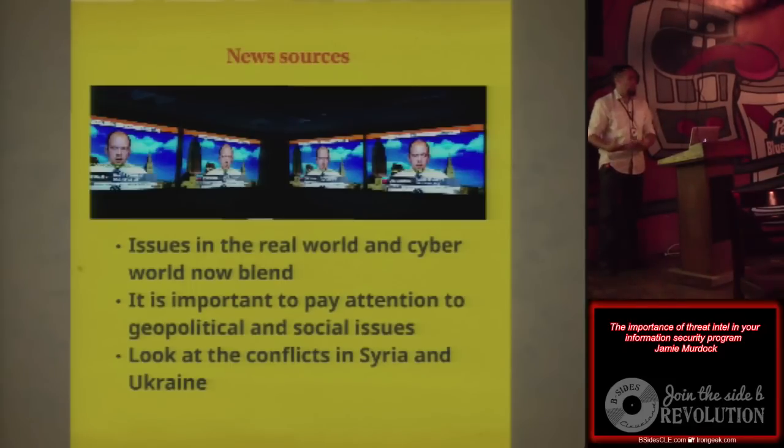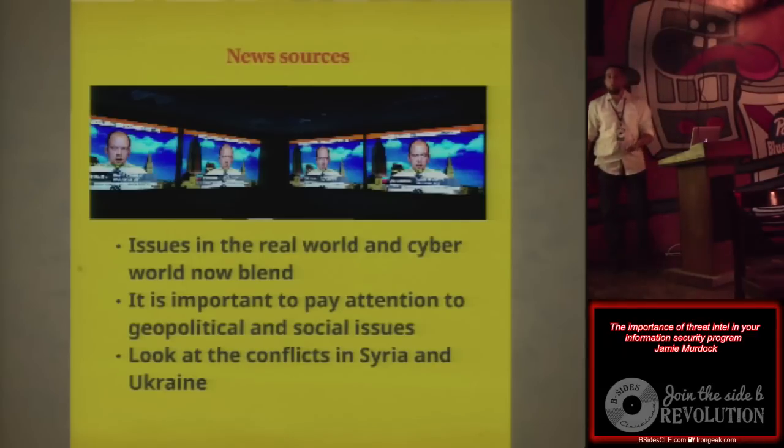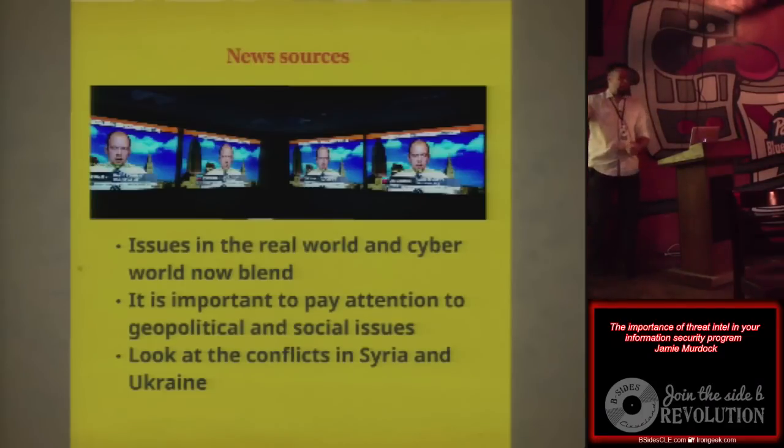It's important that your organization, no matter how big or how small, pays attention to what's going on in the world. Take a look at the situations in Syria and the Ukraine. If you pay attention and start doing it on your own, you can actually plot out where the Syrian Electronic Army increases their attacks or their focus based on what the United States government says. So the President of the United States says, we want to start backing Syrian rebels for reason X. Well, you're going to see the Syrian Electronic Army start ramping up their operations based on that in almost real